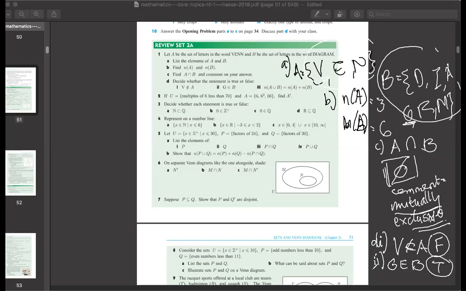It's right here. Then for the third one, the number of elements in A plus the number of elements in B is the number of elements in A union B, which is true. Since they are mutually exclusive,